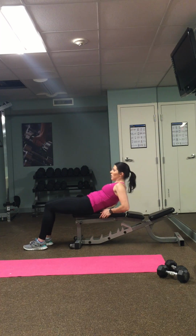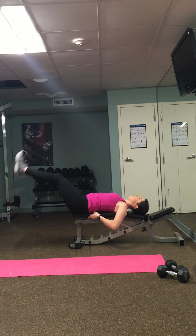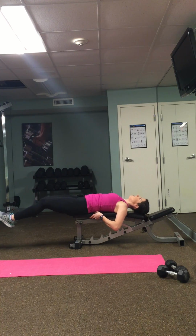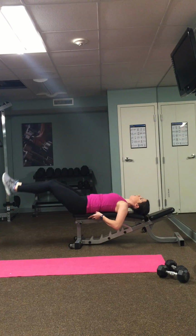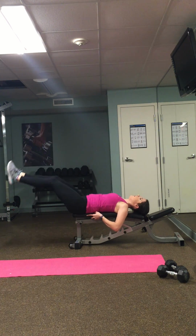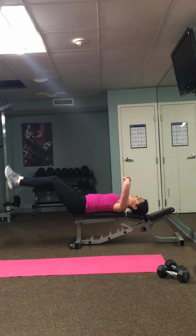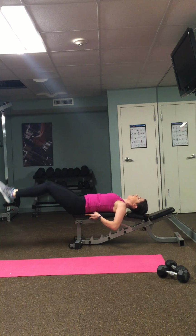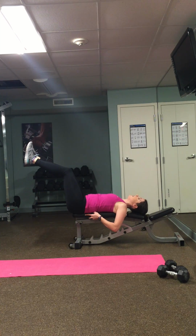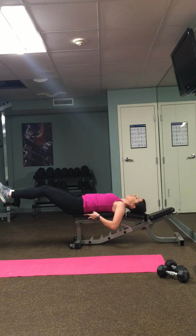So, okay, you're just going to lay on the bench and then move down a little bit. And then lift your legs up, slowly down, up, 2, 3, 4, 9, and last one, as slow as you can, bring the legs down, and hold it. All right,